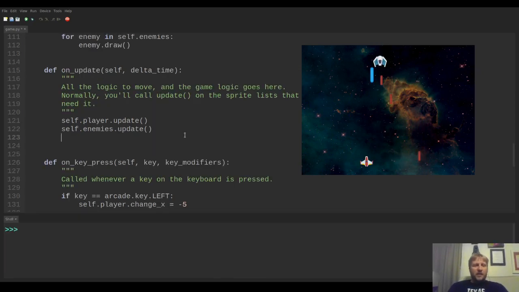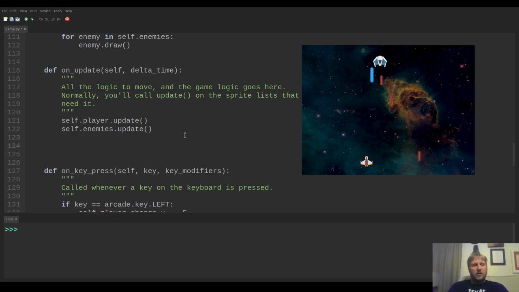Now we're going to go ahead and get it so that when we hit the enemy with the laser, the enemy goes away. So inside of my on update, we're going to check for collision between each enemy in our enemies list and our lasers. Now, in order to use the method we're going to use, which is going to be arcade.check_for_collision_with_list, in order for that to work, we need the thing we're checking for collision with to be a sprite and